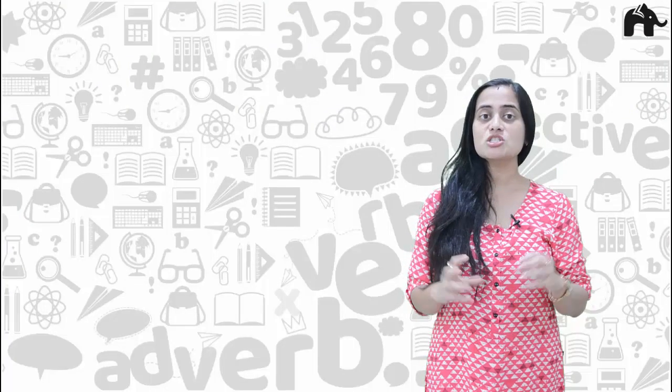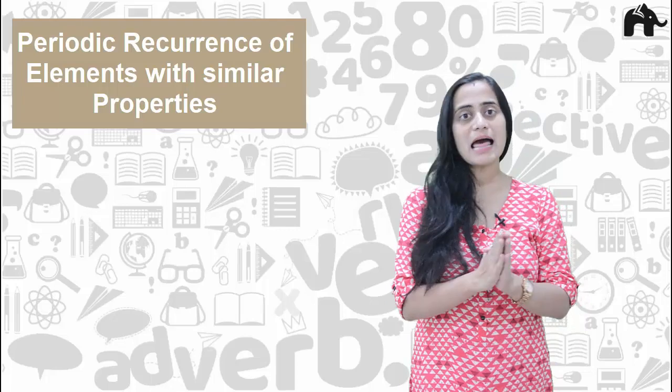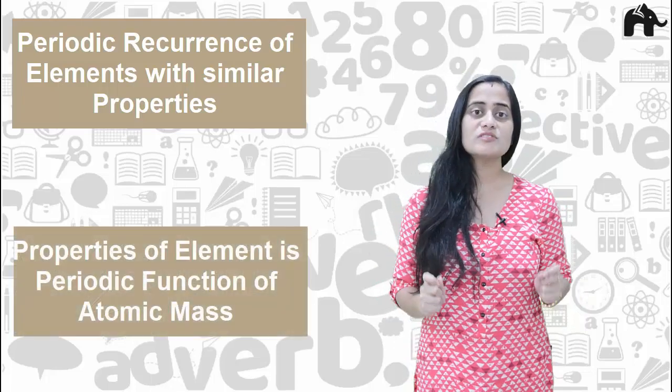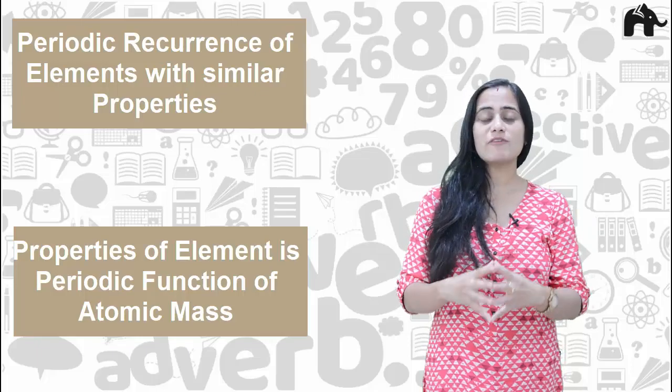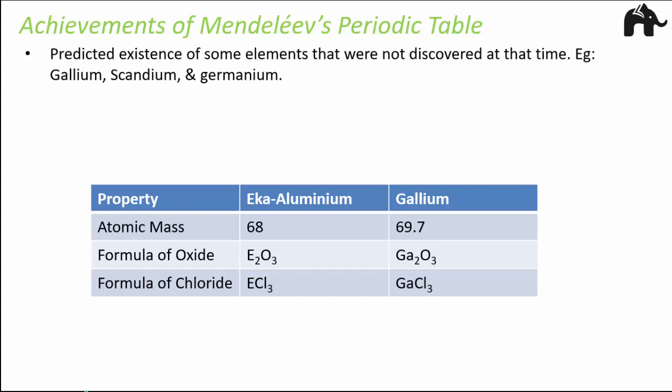Two important observations of Mendeleev's periodic table were the periodic recurrence of elements with similar physical and chemical properties. It was also observed that properties of elements were a periodic function of their atomic masses. So we will first look at the positive part of this periodic table, because a lot of things were actually discovered with the help of it. The first thing was that this periodic table could predict the existence of some elements that were not even discovered at that time, and that was a great achievement, right? Because elements like gallium, scandium, germanium were not at all there at that time, but still this periodic table could predict the existence of